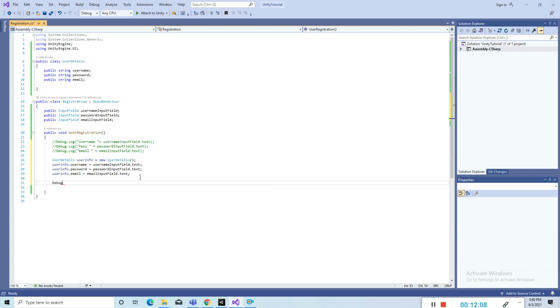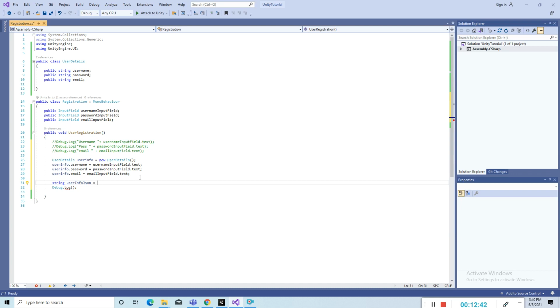In Unity I have the facility, string userInfoJSON. In Unity you can make JSON from the object, and you can serialize the JSON information.